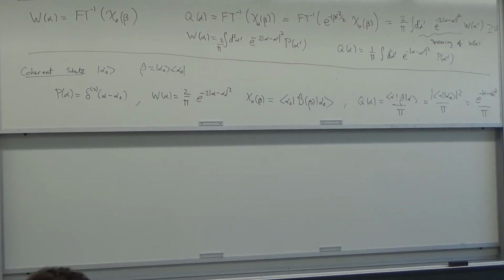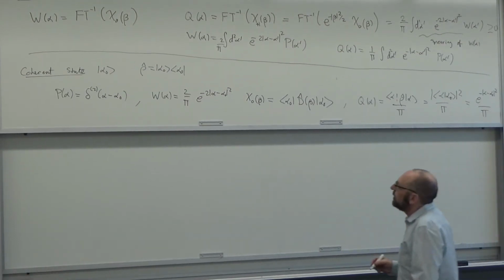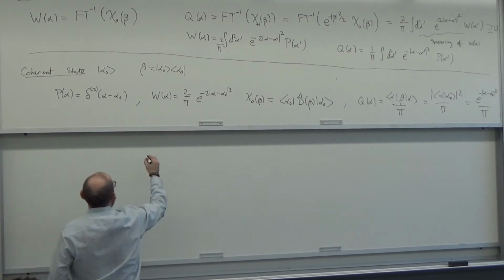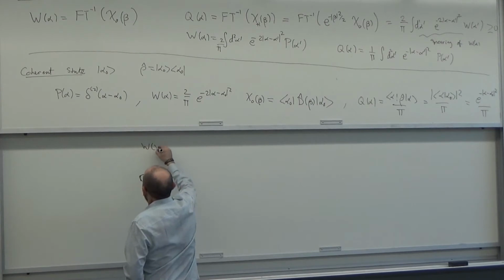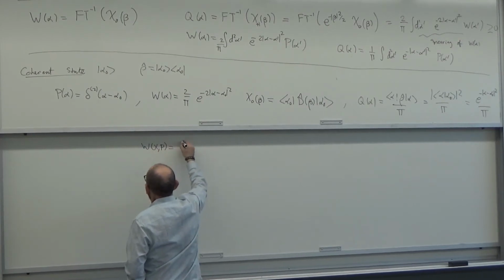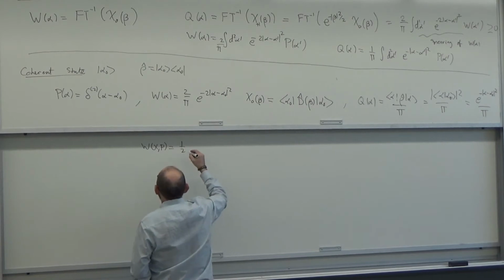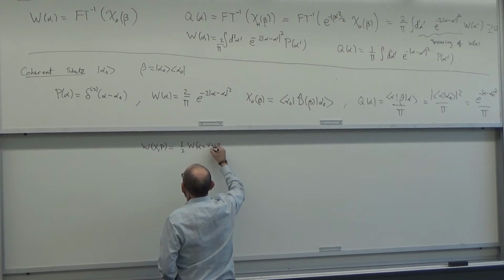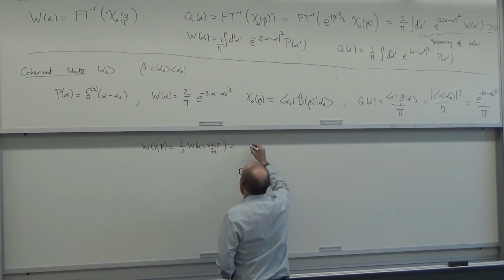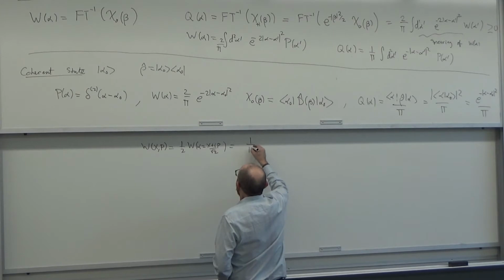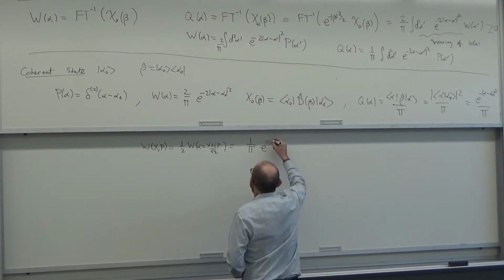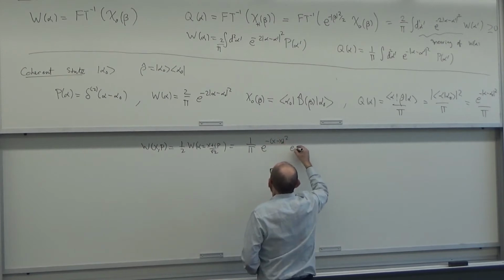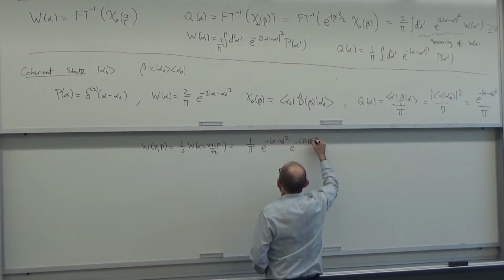So what do those things look like? Well, let me rewrite this guy over here. I'm going to write W, the Wigner function, as a function of x and p normalized over dx dp as 1/2 that, which is 1 over pi e to the minus (x minus x naught) squared e to the minus p naught squared,